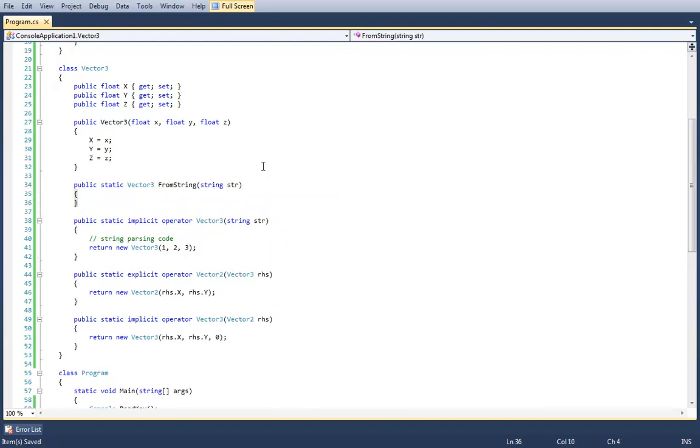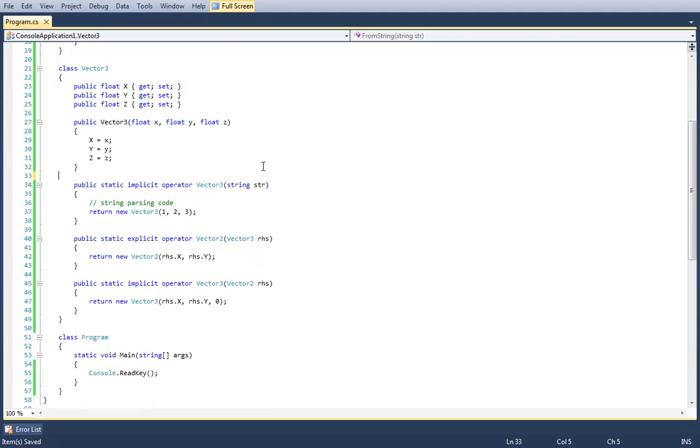I wouldn't want this in the class either. I would have each way of parsing a vector 3 be in its own class, as not to break SRP, and to prevent myself from locking myself into a single way of representing a string or reading from a string to a vector 3.